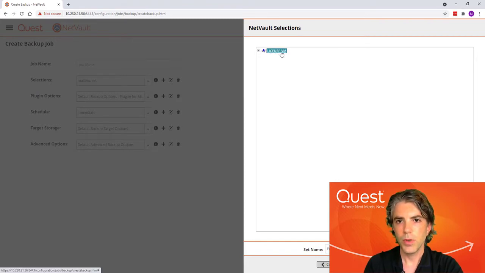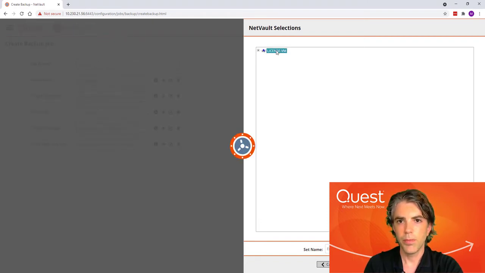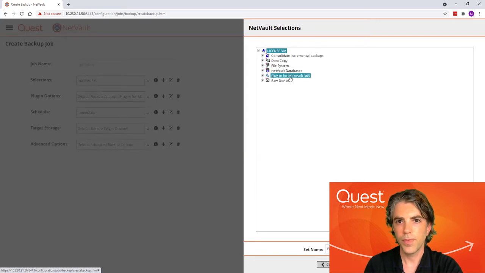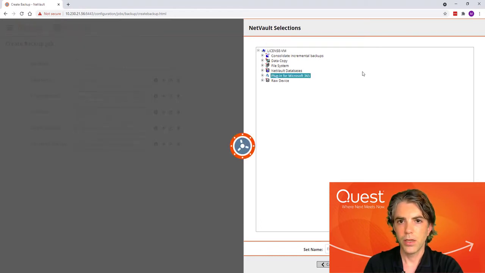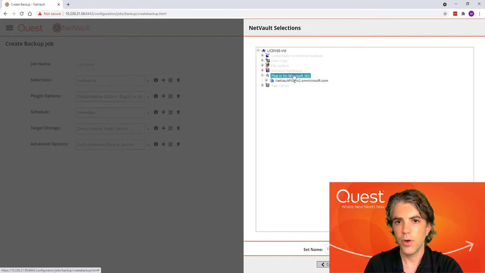So in a larger environment, we would have a server and we'd have listed all of the clients that are under protection as well. On those clients, we can install what NetVault calls plugins, which are the little pieces that have the integration with particular data sources. We have a plugin for Oracle, for example, that uses RMAN to back up and recover the databases. But in this environment, on the server, we have a plugin for Microsoft 365. This uses the Microsoft Graph API to protect and recover Microsoft 365 environments. We've already configured this plugin to connect to this specific Microsoft 365 tenant.